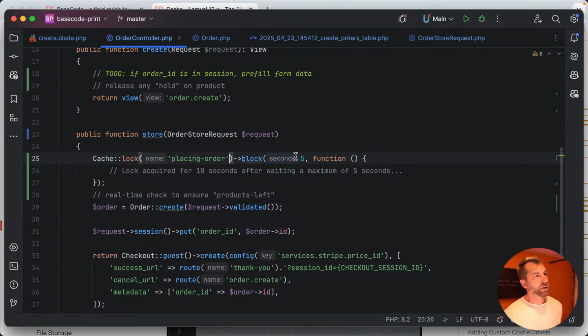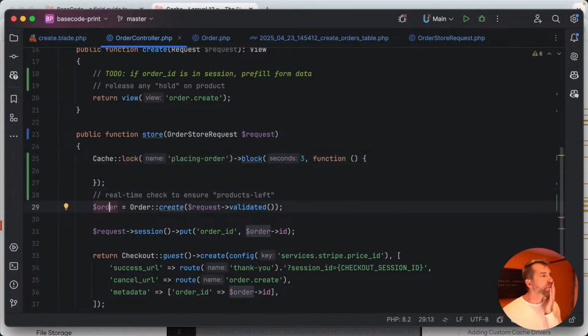We'll block, let's just block for 3 seconds. Lock is required for 10 seconds after waiting a maximum of 3 seconds. Okay, so what happens in here? What happens in here is effectively